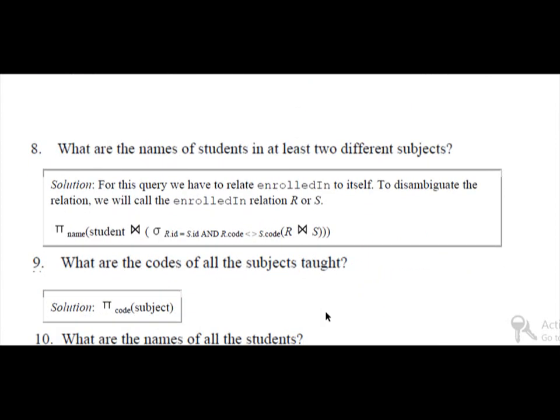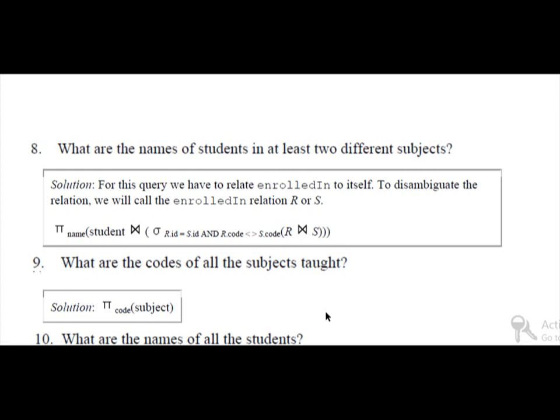Next is, what are the names of students in at least 2 different subjects? For this query we have to relate enrolled in to itself. Here we are using one table, enrolled in, and we have to relate it to itself.